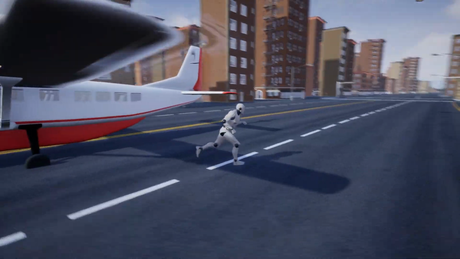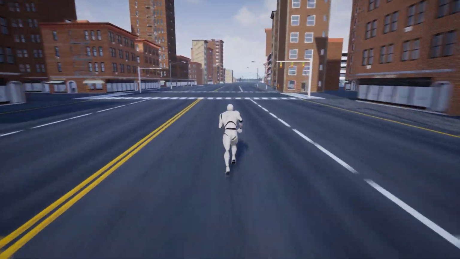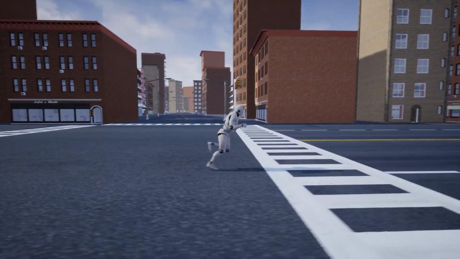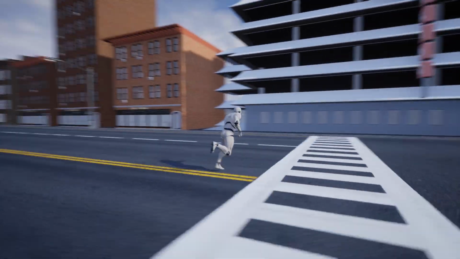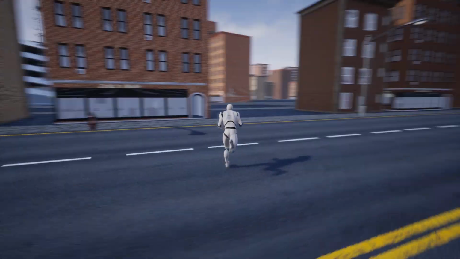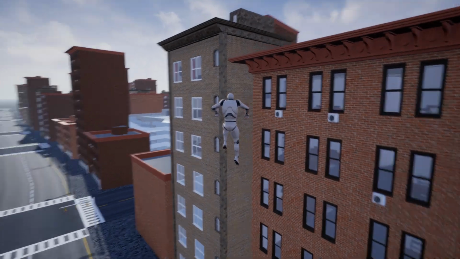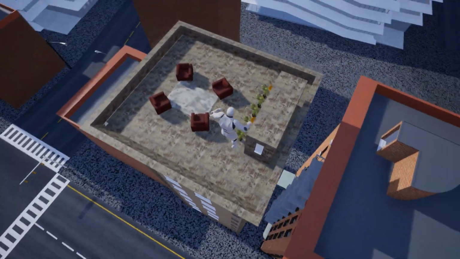There you go. So let's just leave our plane here, and let's go get the helicopter real quick, guys. But again, this is fully generated, like I said. Let's just go to the top of this building. I just want to show you what I mean here. If you go to the top of the building here